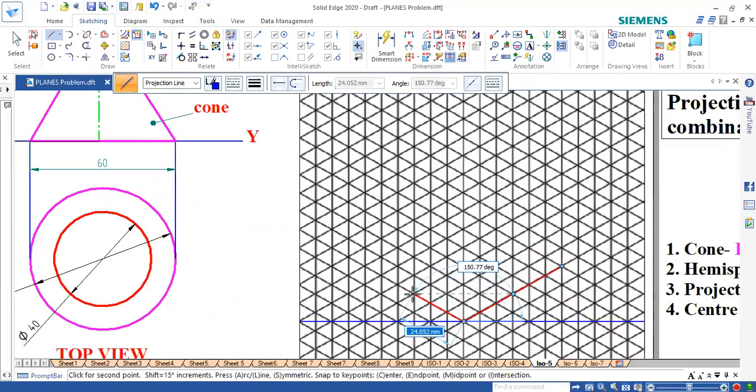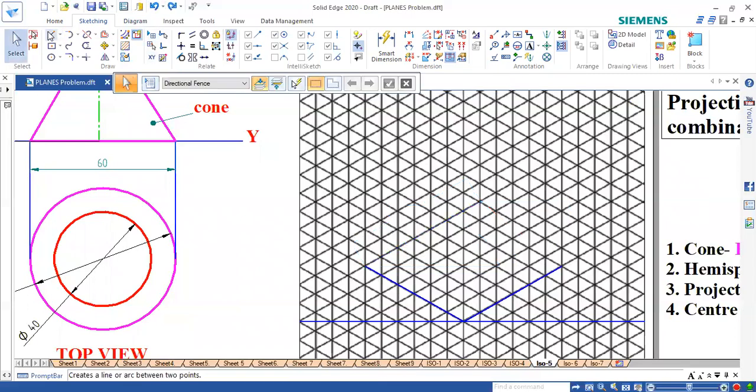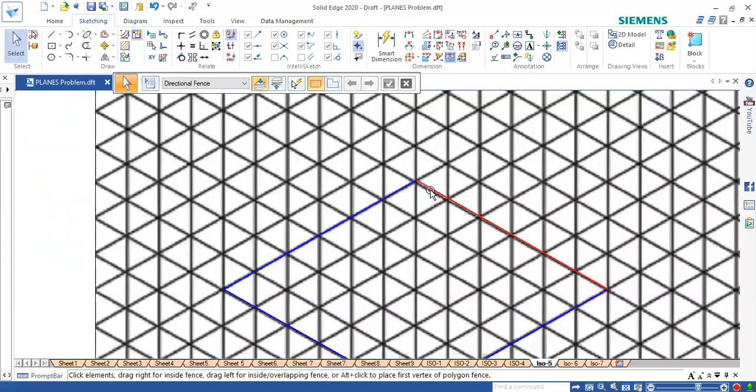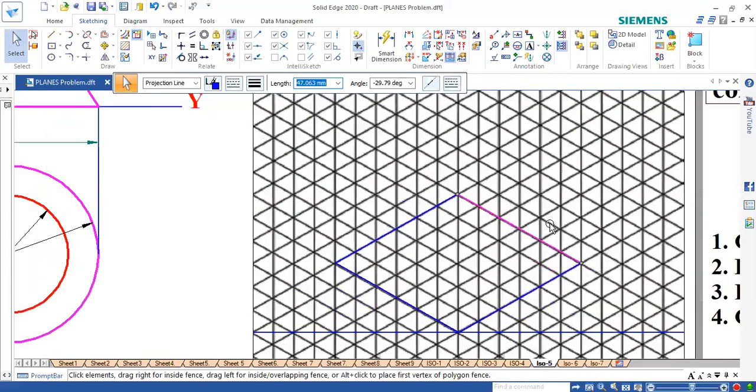So 10, 20, 30, 40, 50, 60, and again on the right side 60, with visible line. 10, 20, 30, 40, 50, 60 comes here, and then we need to join this. So this is done. Now I have drawn a box of 60 by 60.